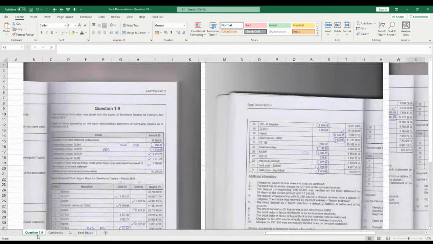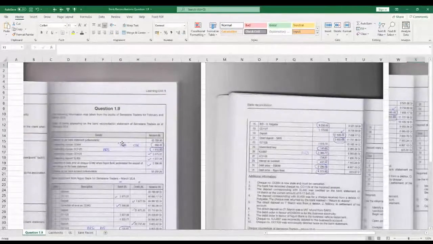Now, if we go back to the information they've provided us, the first check is check CC864. If you look at the other numbers, it's already 1120, 1121. So if we look at the first additional information, we know that that check is stale and must be cancelled. Okay, so when a check is stale and we have to cancel it, we initially put it in our cash book payments